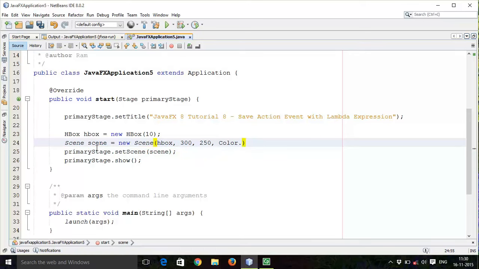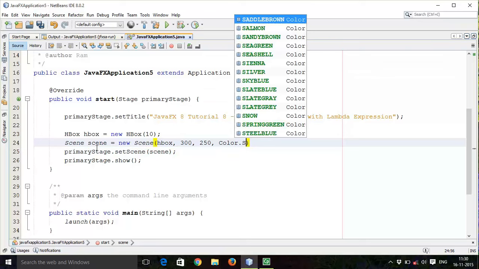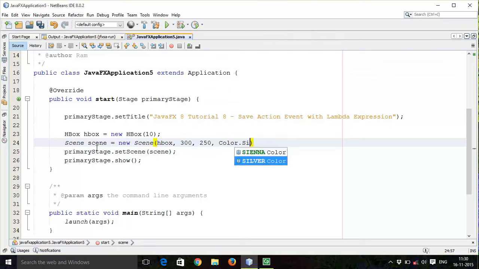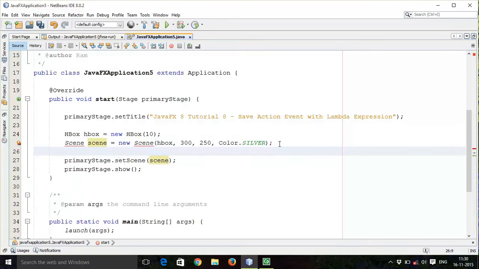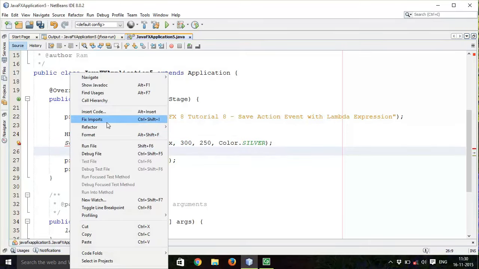Color dot silver, I will go with the silver, semicolon, fix the import.